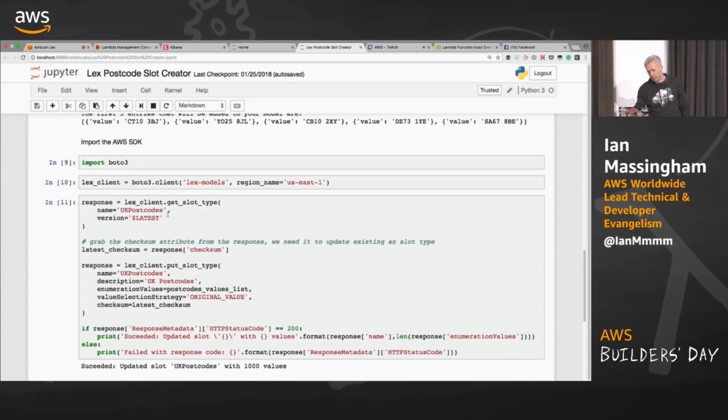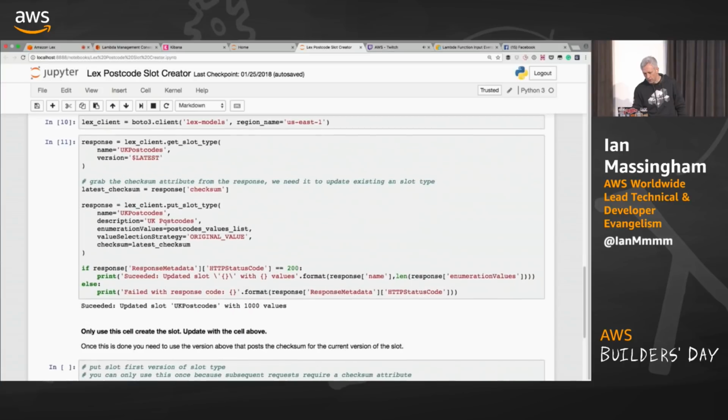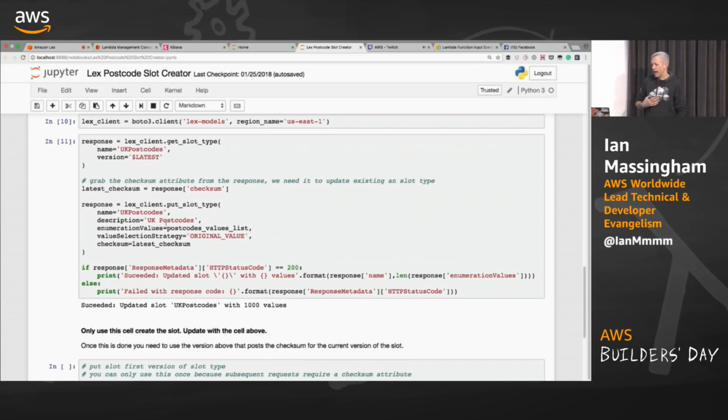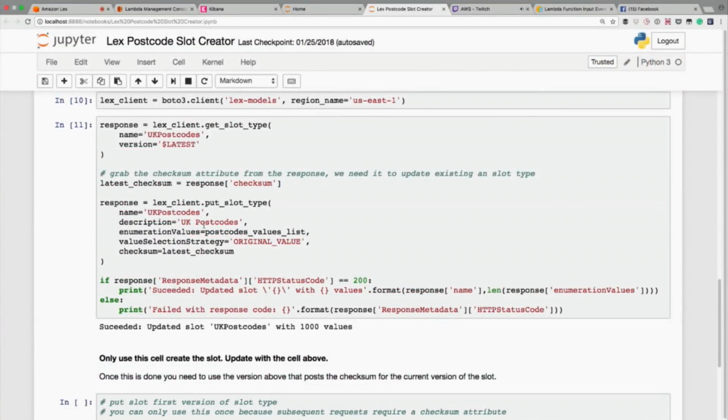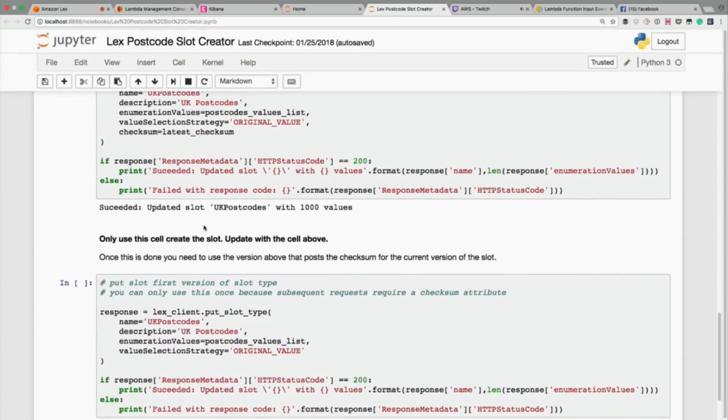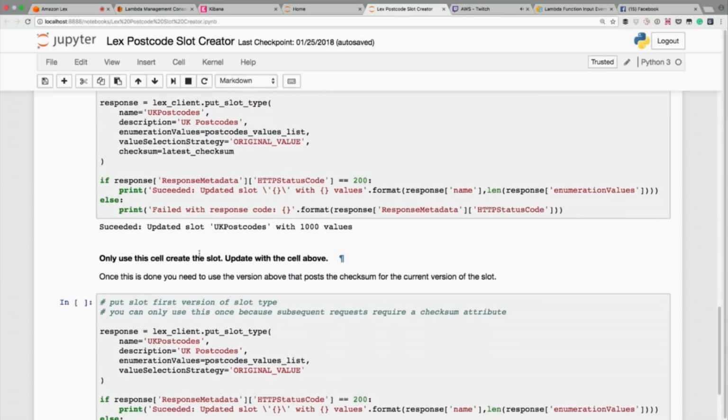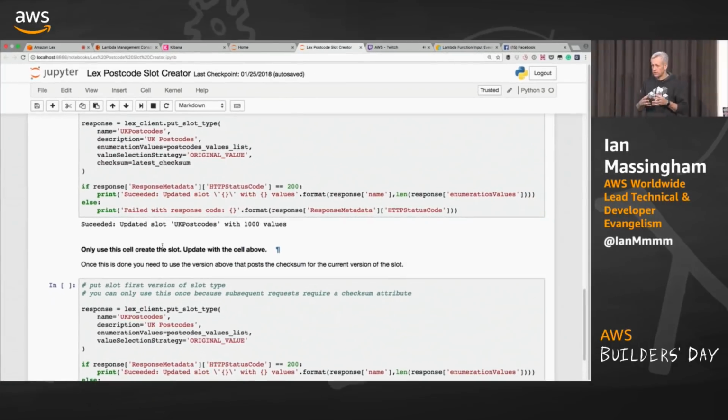And for that API, there's a get slot type and a put slot type method. And there I can programmatically read and write data into slots. So if I'm going to build a pipeline that brings in a publicly available data set to use that data for training for a particular slot type, it's a really good way to do it. So what I do here is sample 1,000 UK postcodes out of the publicly available data set, and I push those into a custom slot type for the UK postcode. And I could build a pipeline there which automated that process quite easily if I've got a data set which I might store inside another database as part of my build pipeline for my bot.